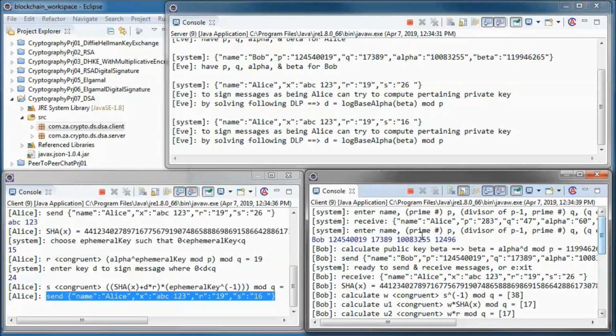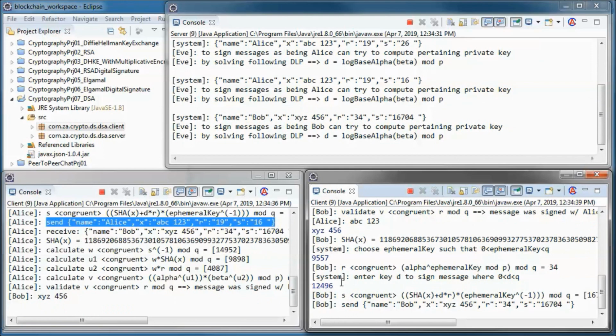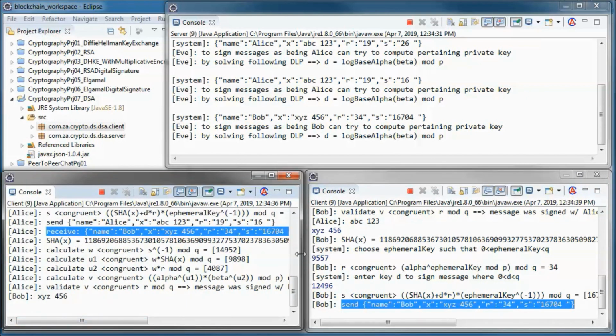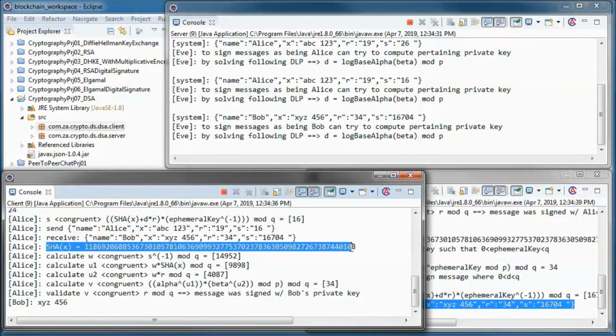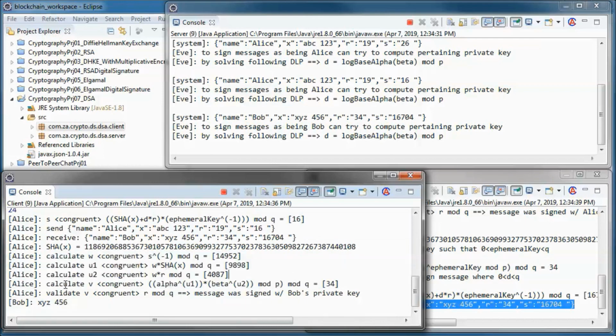And this was Bob's private key D. So he calculates S and sends his signed message to Alice, and she does the same thing, receives it, calculates the hash, and then calculates W, U1, U2, and V, and determines that V is congruent to R in mod Q, so the message was signed with Bob's private key.